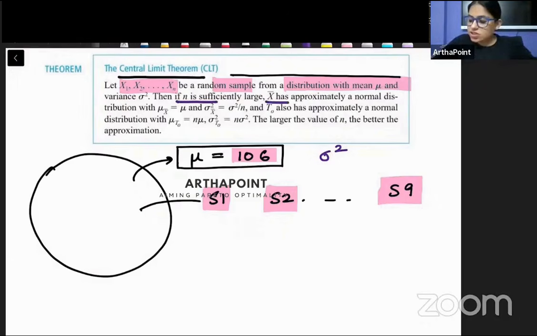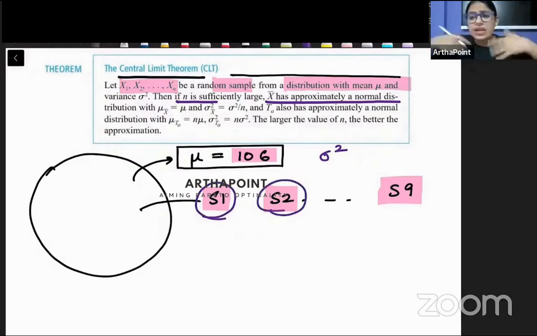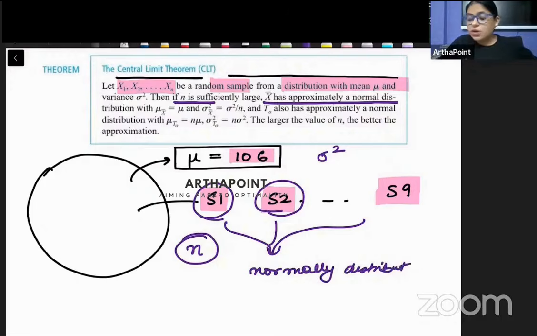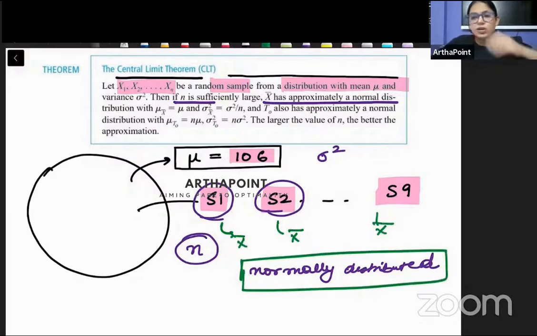If n is sufficiently large, then x bar approximately is normally distributed. तो अगर ये जो सैंपल है ये बहुत लार्ज सैंपल है, if the size of the sample is large enough, तो हम ये कह रहे हैं that the sample will be approximately normally distributed. हम assume कर सकते हैं that it will be normally distributed. And in particular क्या normally distributed होगा, अगर हम इन सैंपल की मीन वैल्यू निकालते हैं. If I find out the mean value of these samples और उसको मैं प्लॉट करती हूँ, it will be normally distributed. Am I clear with this बेटा?